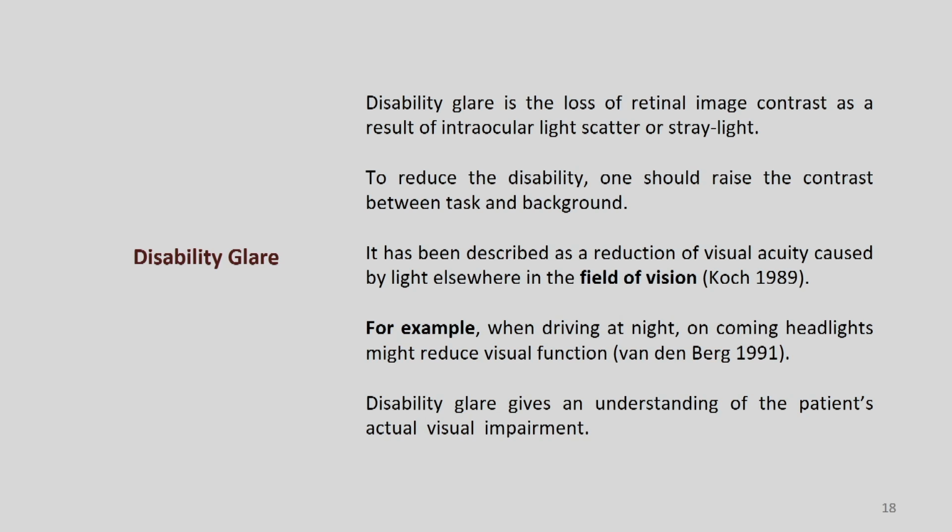For example, when you are driving at night, some car is coming from the opposite side and the headlight creates glare for you. Or some diamond workers are working, and the task light gets reflected by the surface of the diamond sometimes, and it creates glare. These are the cases where we need to really work on how the background light and source light can be adjusted, so we can properly illuminate the task area.